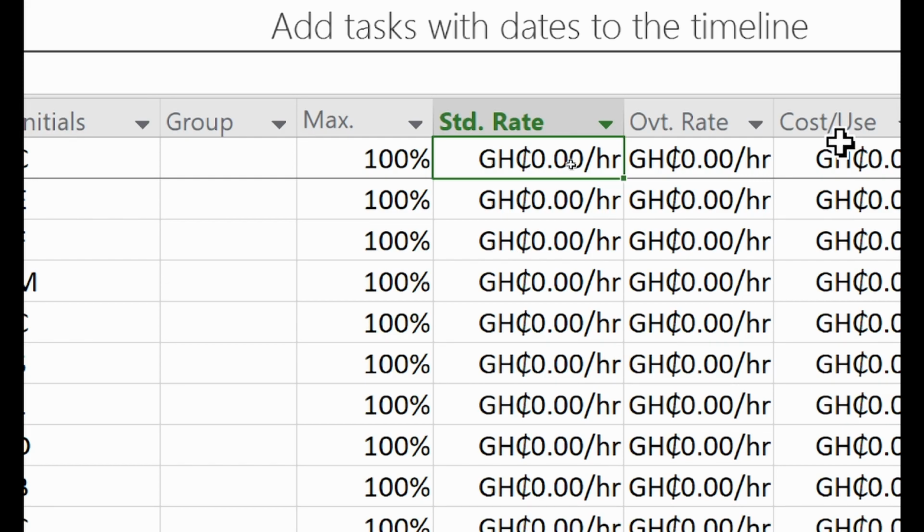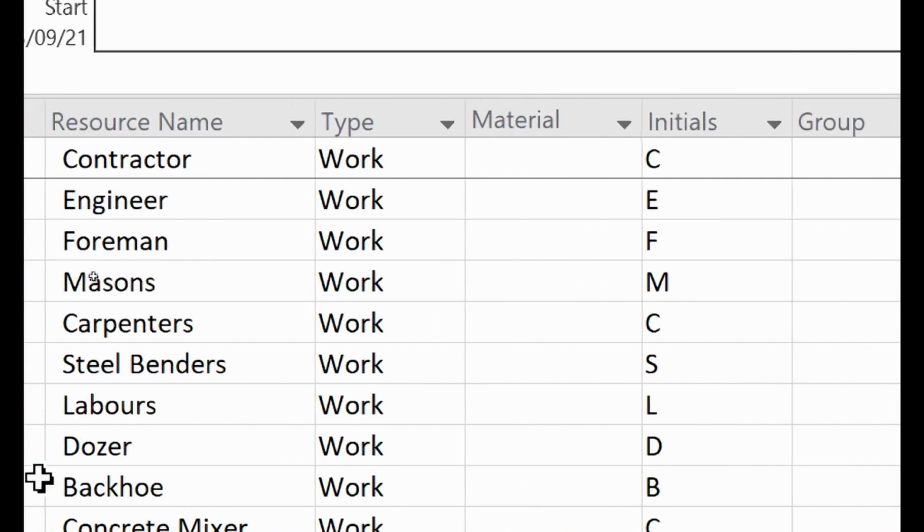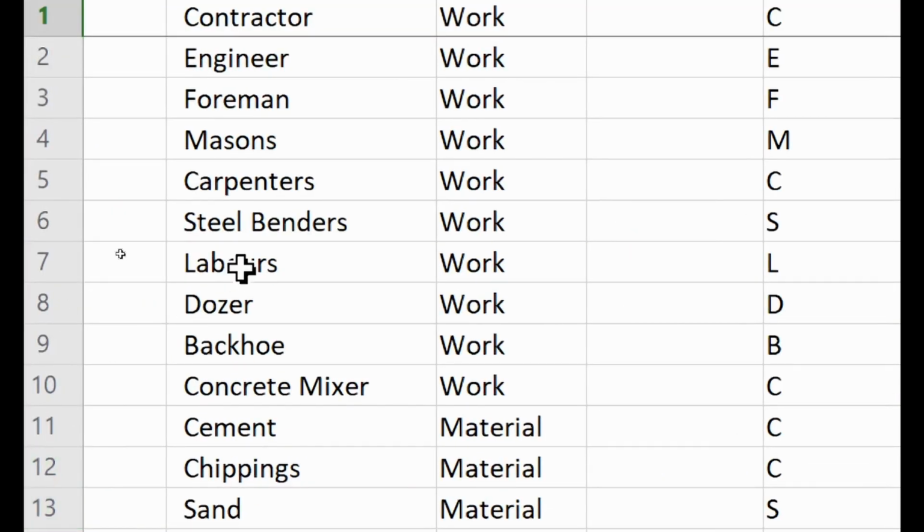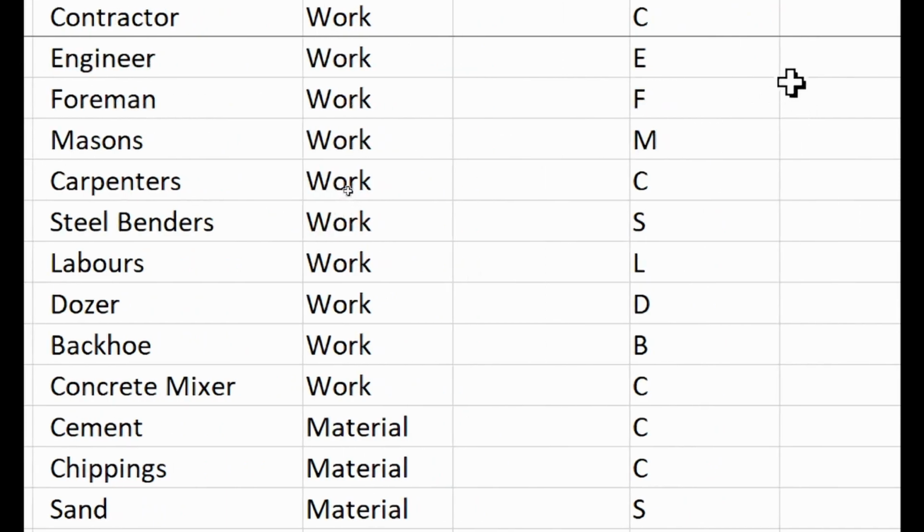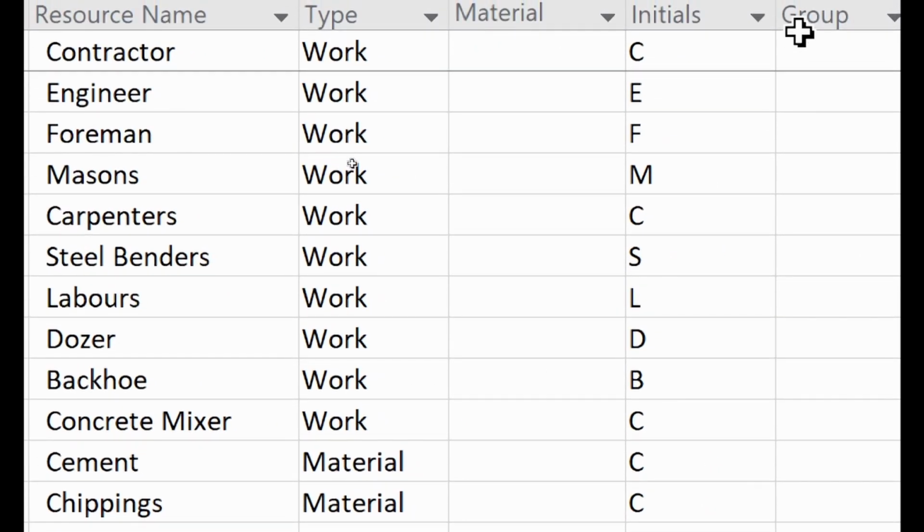So the masons will be 10. The contractor is not going to pay the workers for free, so for profit's sake, we will add some percentage to the 10 cedis per hour. Let's add about 5%, which will be 10.5. Why? The contractor will have to make a profit